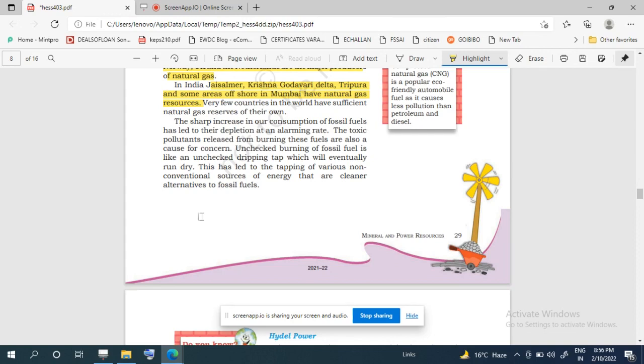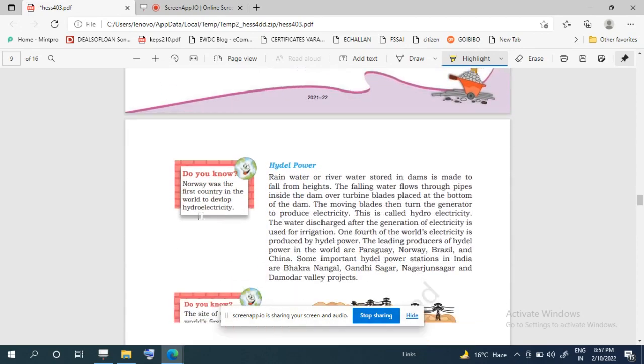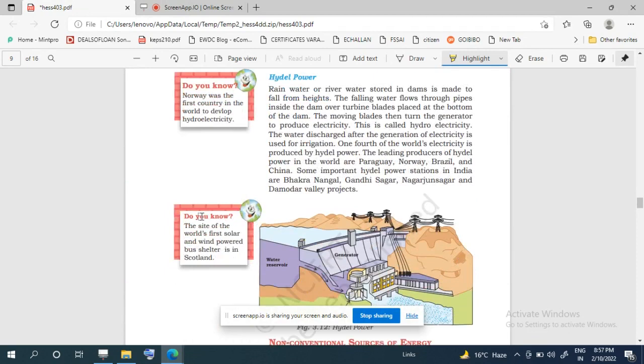So there is need to control the use of fossil fuel, and that is why we find that so many non-conventional sources of energy are emerging nowadays, है ना? But hydropower is still a conventional energy source क्योंकि hydropower was in use for a very long time, है ना? तो इसको अभी भी यही माना जाता है कि ये नॉन कन्वेंशनल में नहीं है, it's a conventional source of